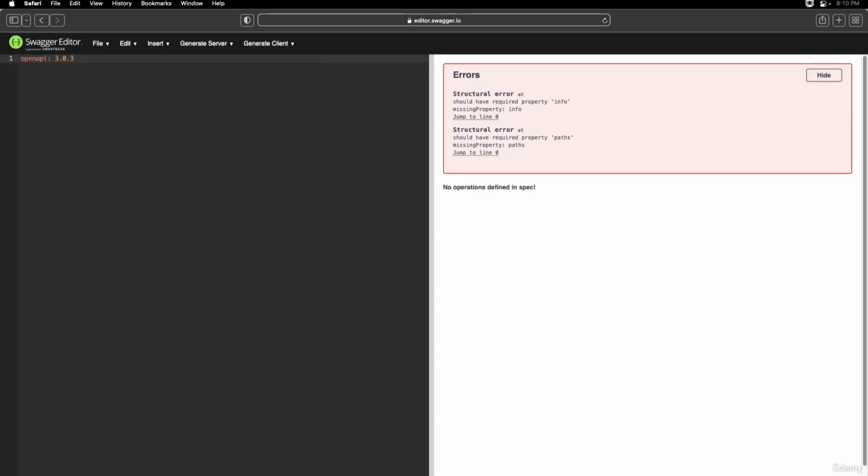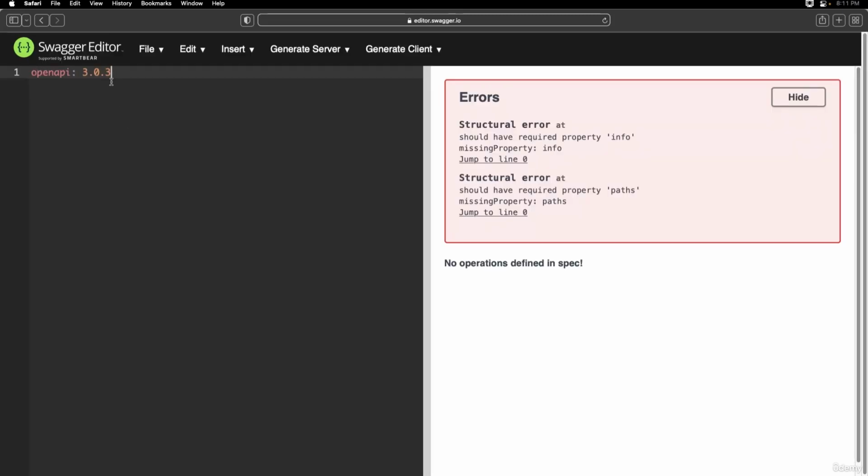And of course, whenever a new OpenAPI specification release is introduced, the Swagger team will take some time to upgrade all their tools because they have to do a lot of testing, R&D. Once they feel very comfortable, only then will they release to the market. The same happened with 3.1.0. So as of now, they are not supported. Let's use 3.0.3. So here, as of now, you can see, as soon as I provided this information,